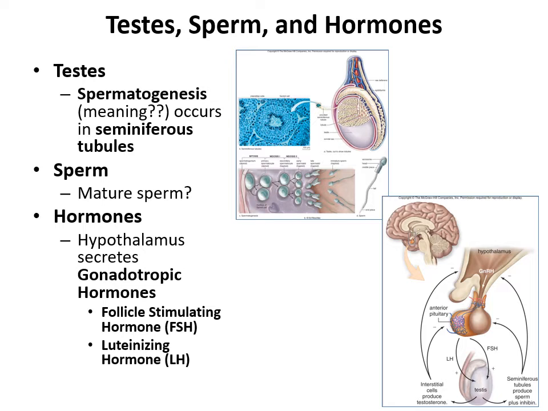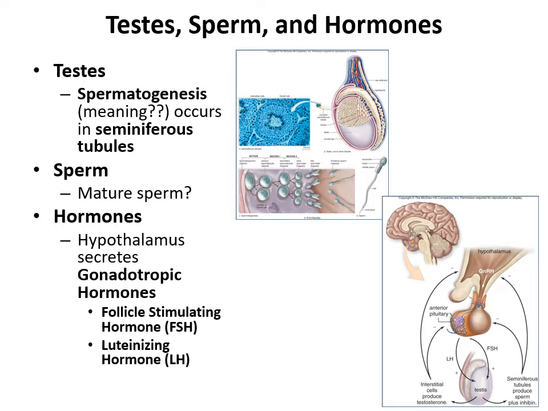Now, I also want to mention that when we talk about sperm, what we mean, a mature sperm cell has a distinct head, middle piece, and tail, which you see right here. So head, middle piece, and tail. It's an important structure because these little guys are motile. Okay, they have to swim, right? They have to move. So that long tail is very important for them.